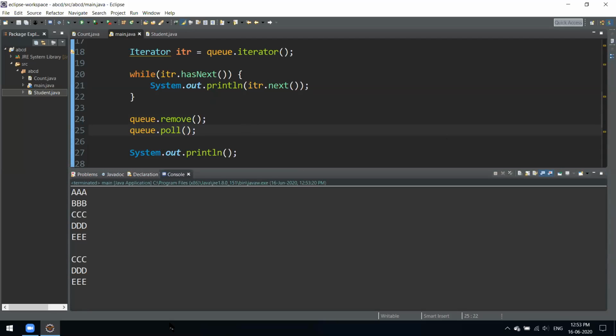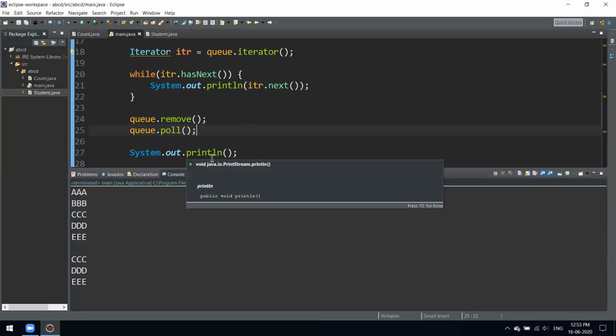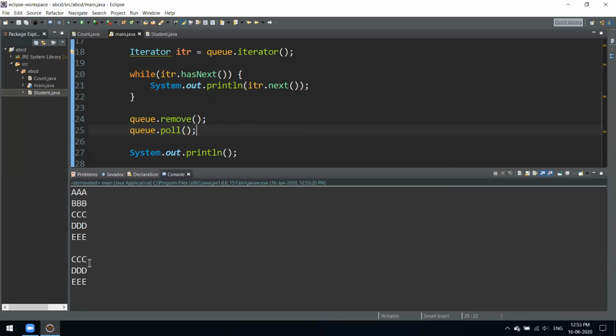See, what poll does is it does the same thing as our normal remove. It removed the first element. Okay, let's just see peek. We also have something called peek. So now let's see what we get. It added that removed element now. See, B, which was there, was removed earlier because of poll, and peek added that element again.